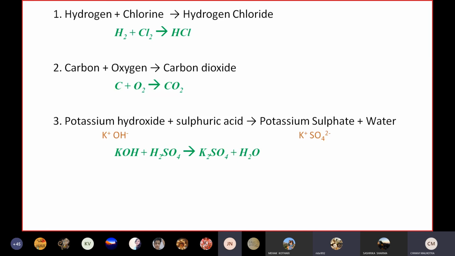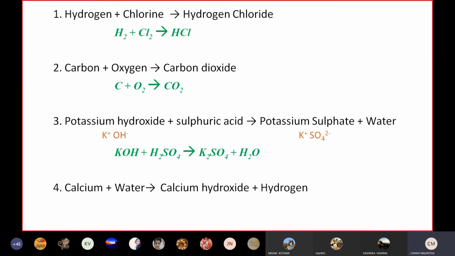So, ma'am, have you understood this? Yes, ma'am. In this too, we have to do the whole calculation. So basically, you should know how to write the chemical formula. Only then you will be able to write the correct equation. Okay? Those who are not yet comfortable with formula writing, students, please practice.